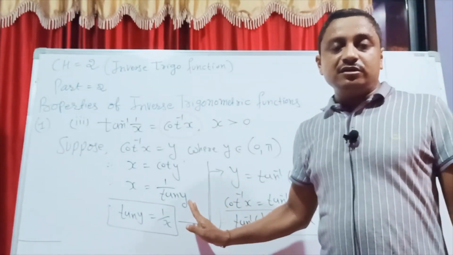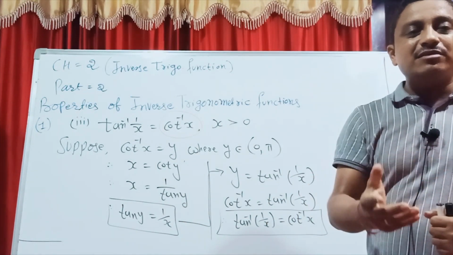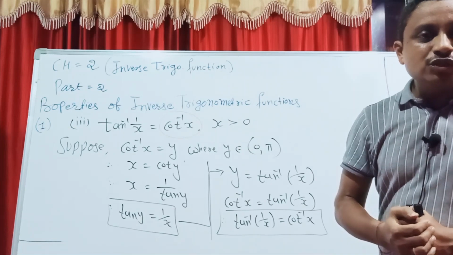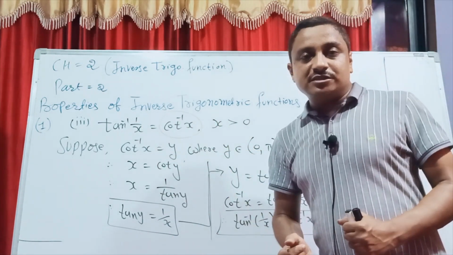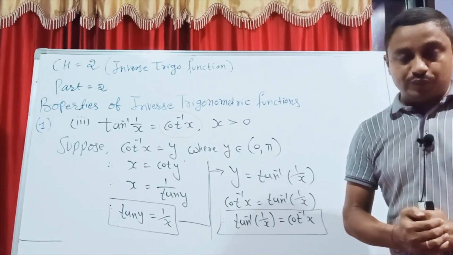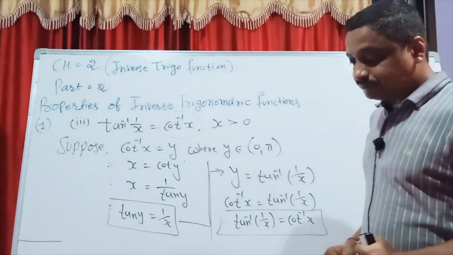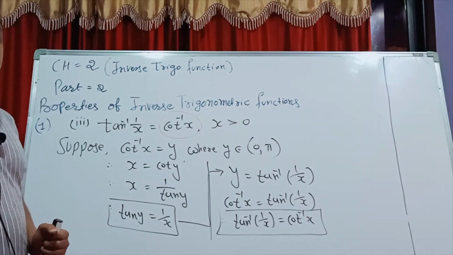In total, this chapter has 6 properties, and indirectly 5 and 6 are mixed in there. So don't worry, one by one I explain the properties, and then after that I start the numericals for exercise 2.2. Yes students, write properly, and I hope you understand. It's very easy.